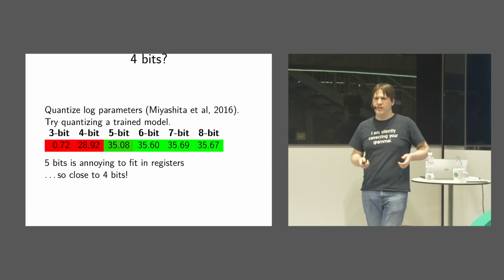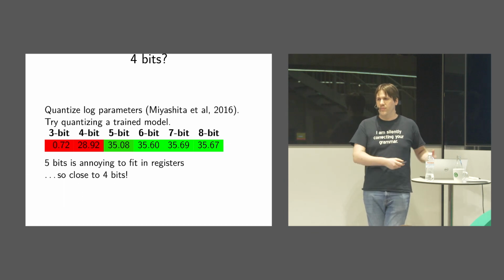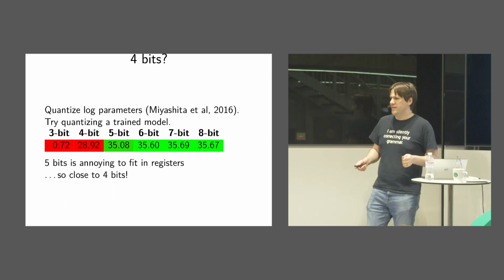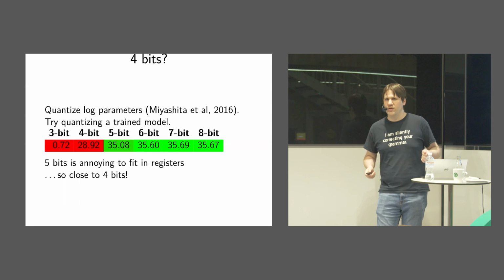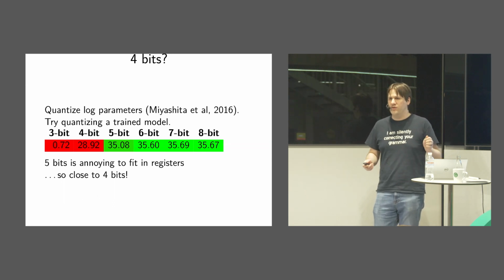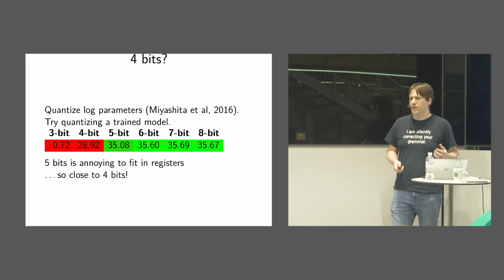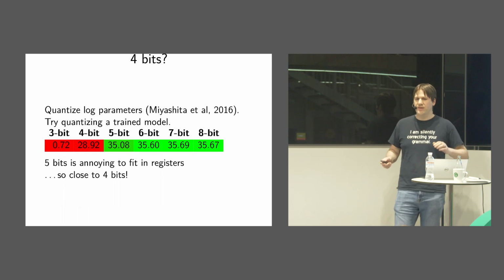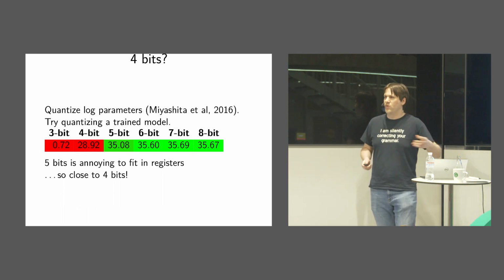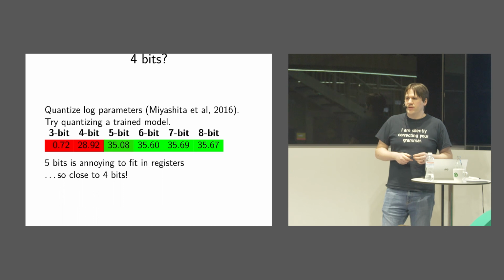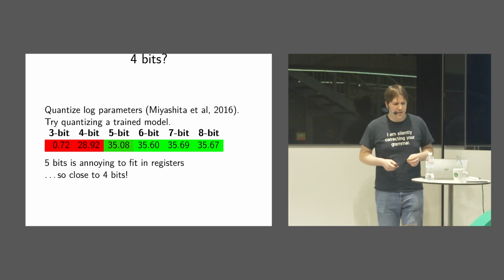In a neural network, most of the parameters are near 0. So to minimize encoding error for most of the parameters, you want to encode the log because that has a lot more precision near 0 than it does for larger values. And the other thing is larger values are generally just large, and they're probably going to win anyway if they're large. So it's not as important to encode those large values as long as you represent them in some way. You can't just clip them. That damages quality, but if you approximate them, it's kind of okay. And this is based on some vision work that was done previously by that cited author.